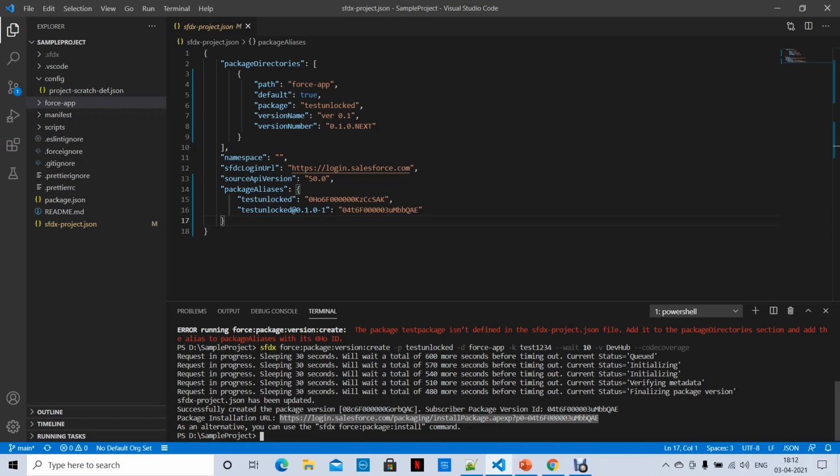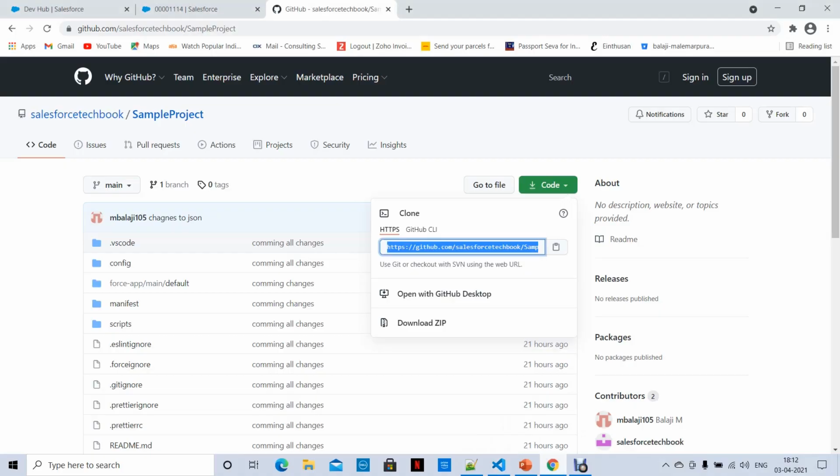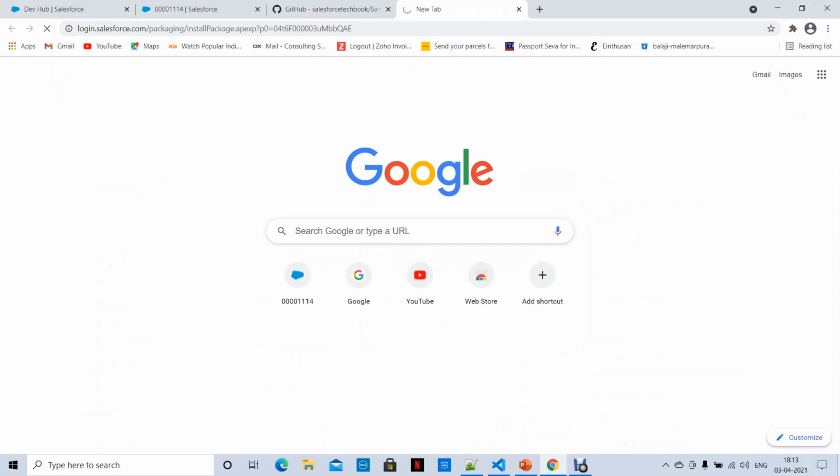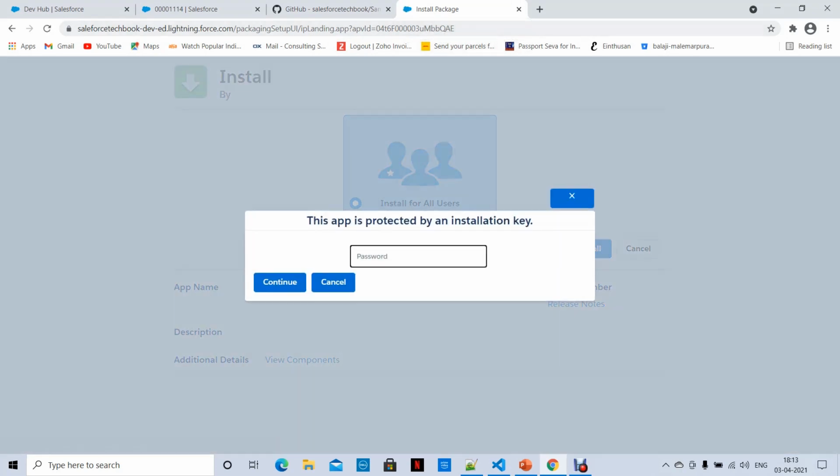Now I am going to install this from the user interface. See how it looks like. Here I didn't promote it, right? Remember this point. I am taking this. See, it is asking for a password. The password is our installation key, what we defined while creating a package.